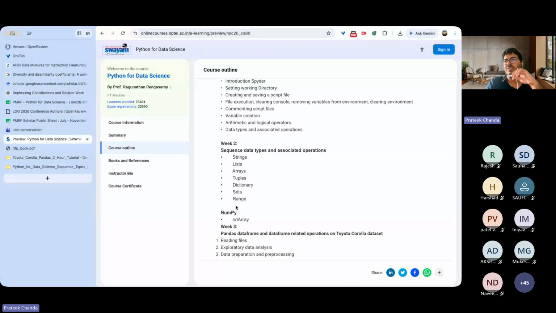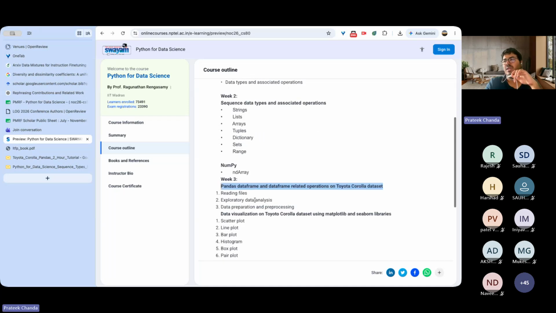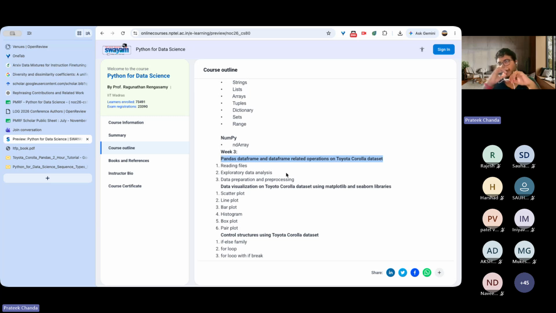We would like to first cover a bit of the portion from last week, which was on the NumPy ndarray, and then head off to the pandas DataFrame. Today we'll be looking at some dataset plots and different styles of plotting and visualization using Python, particularly using the matplotlib and seaborn libraries, which are specific Python libraries.